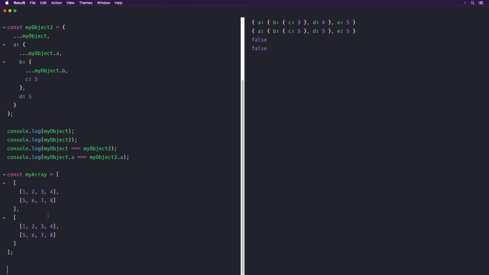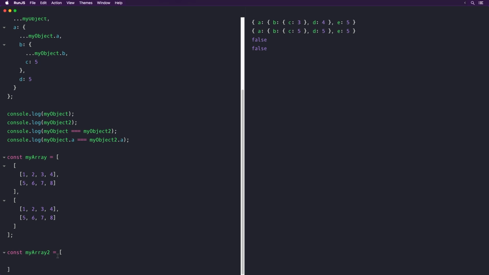Then what I would do is I would go const my array2 is equal to square brackets, and now the way I would do this is I would have to make sure that I don't copy this element here as well, because with an array you can't do my array and then try to modify one of the existing elements. If you want to do it together in one go, you have to do something like this. You have to do my array.slice(1). So by writing .slice(1), I'm taking in basically the second array here,